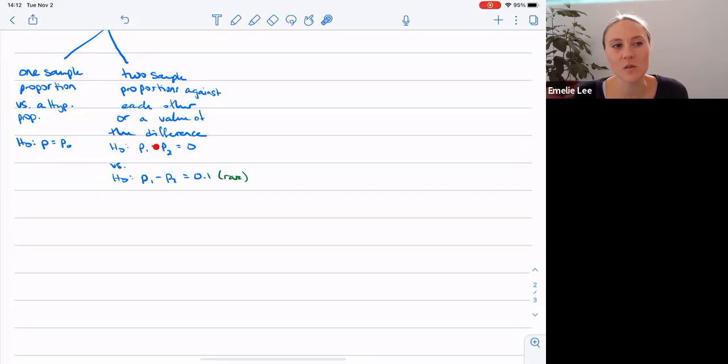So it tests, is P1 minus P2 significantly different from 0, meaning they're basically different? Or are they not statistically different from 0? It means that they're essentially the same. And so